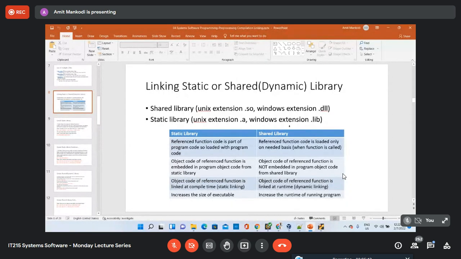Here, why it is called a shared library: if there are 3 executables using the same add function from the shared library, all of them just have an address referring to the memory address where the function code is available, right? So it will be the same function code loaded only once in the memory, and all these 3 executables will be calling the same memory address to execute the function code. So this is the difference between the static and the dynamic library.